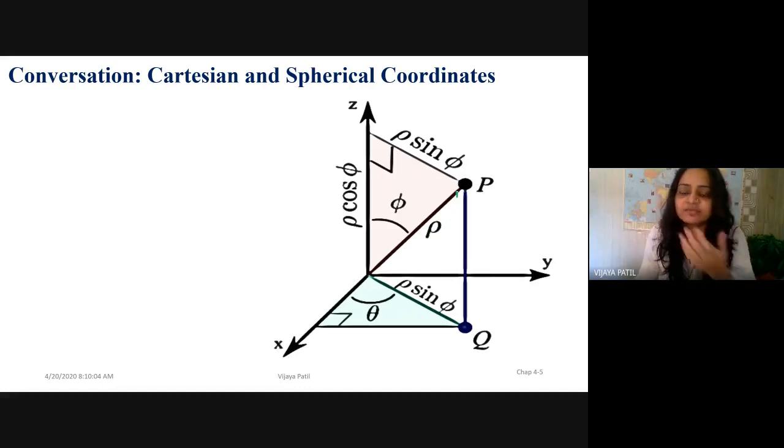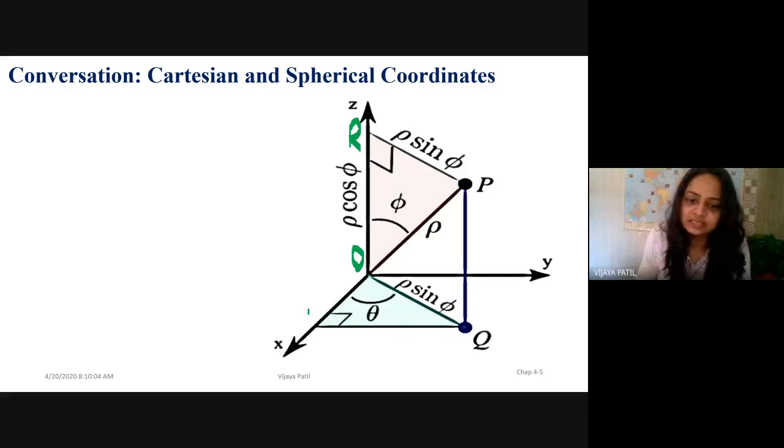Suppose this is, as we have rightly said previously, P. We have put a perpendicular from P to the positive Z axis. Let us say that this is R here, right? And after putting a projection from P to the XY plane, we have joined the origin and the point Q here. This is the vector here. And after that, let us put the perpendicular from Q to the positive X axis. Let us say that this is S.